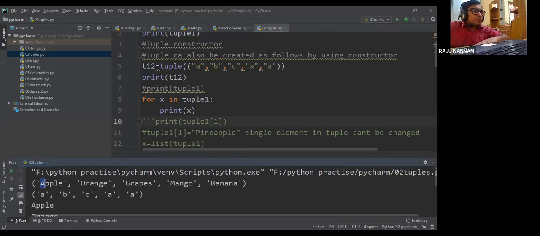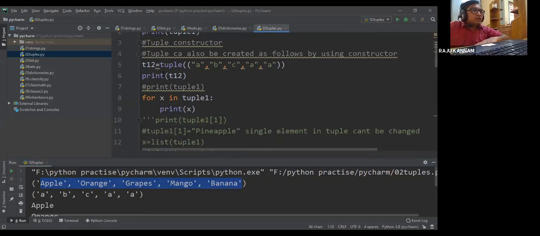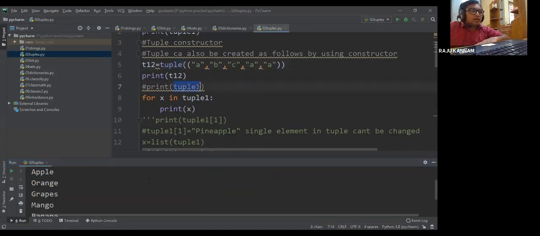We have created the tuple by using the normal method, that is the normal brackets, and then with the tuple constructor, that ABCD, ABC, AA. And we are accessing every element of tuple one by using the for loop. So this is what we discussed in the last class.